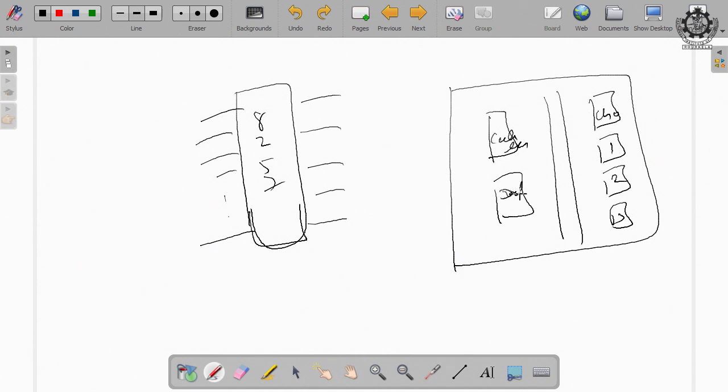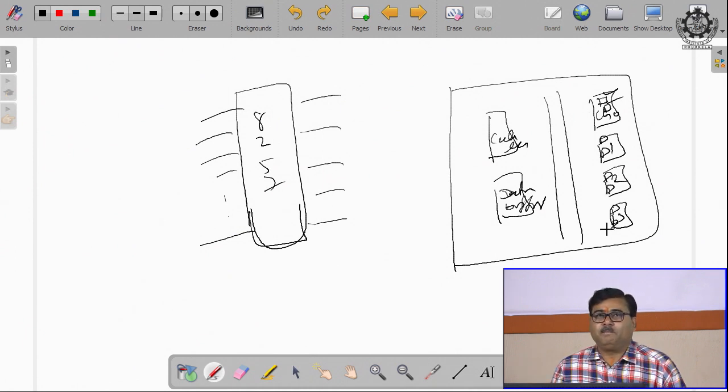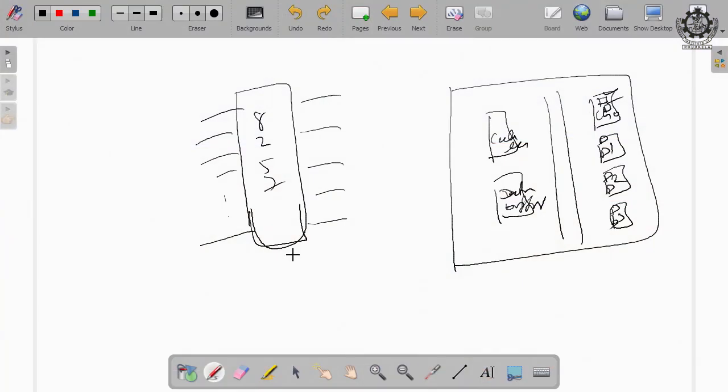And of course, every IC needs some data buffers for storing the data temporarily. Every channel should support 2 registers as I told you, count register and address register, for each channel.